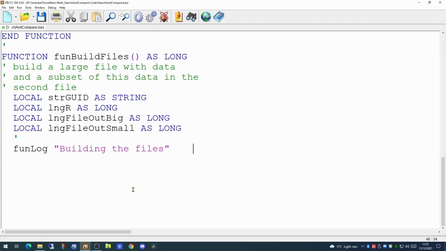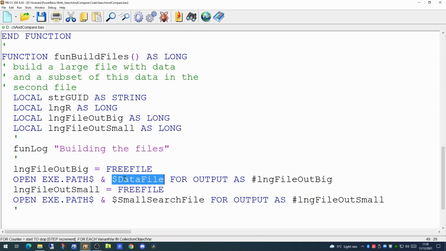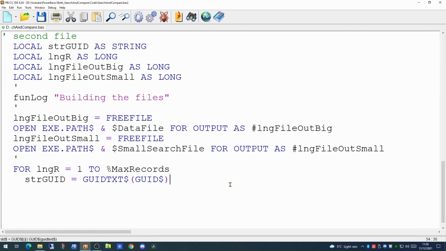So here is our function that's going to create both the large and the small data files. We're going to randomly populate the large data file with a series of GUIDs. So we've defined a couple of handles to be used for creating these files. Using the constants we've defined earlier, we're going to open each of these files for output, a large file and a small file. And then we're going to run a simple for next loop for 1 to the maximum number